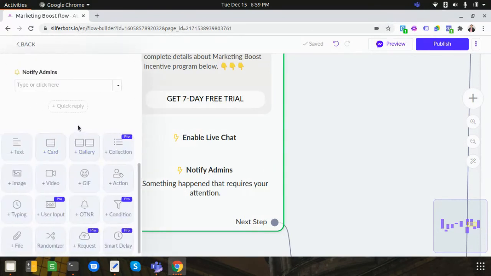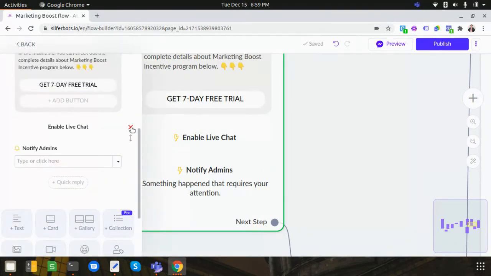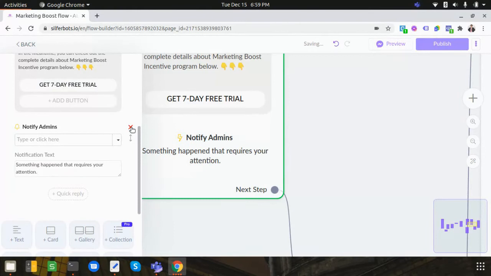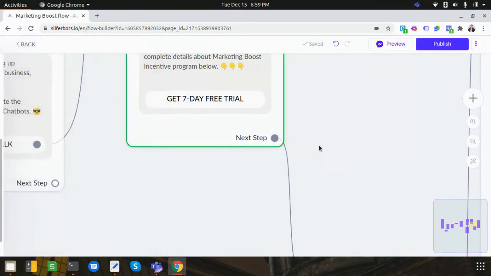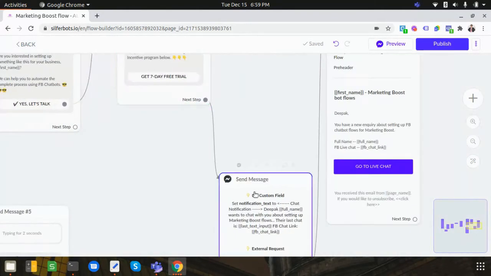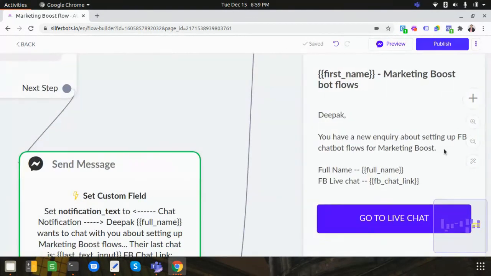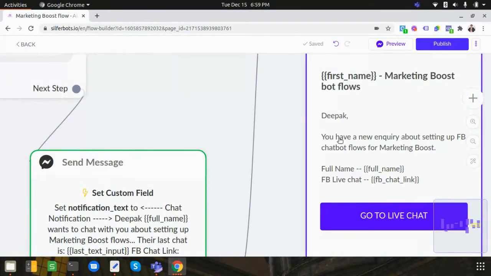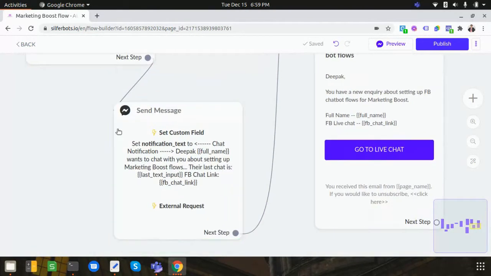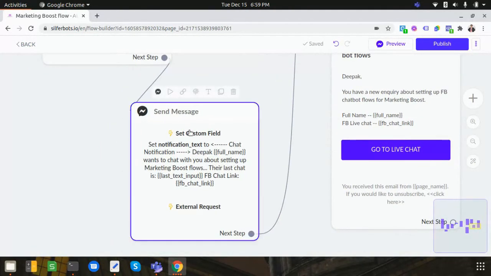Because of this, personally in all my bots, I'm removing live chat and I'm removing notify admins. The only notification channels I'm using right now is one through Telegram, and as a backup, I'm also using emails. So now in this case, what we'll do is first set a custom field,